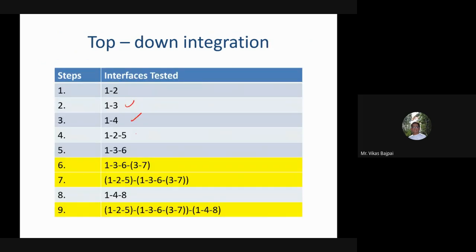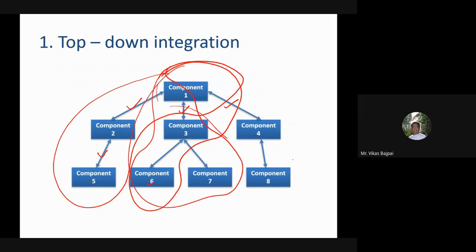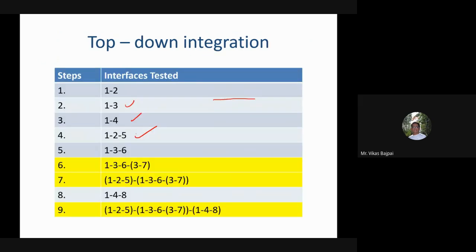Afterwards, we went for 1, 2, and this. Afterwards, I'll go ahead with this, and this, in this kind of direction. So after 1 to 5, I went for 1, 3, 6. Then I went for 1, 3, 6, 7, that is 1, 3, 6 and 3, 7. The reason being, this is something common which I already covered in step 5. In the 7th, I'll go ahead with 1, 2, 5 and 1, 3, 6. So 1, 2, 5 was already covered in step 4, 1, 3, 6 already covered in this, and 3, 7.